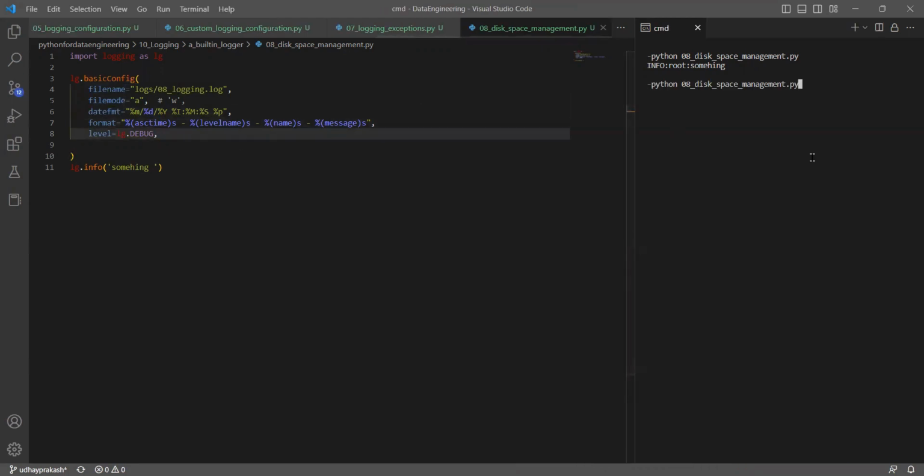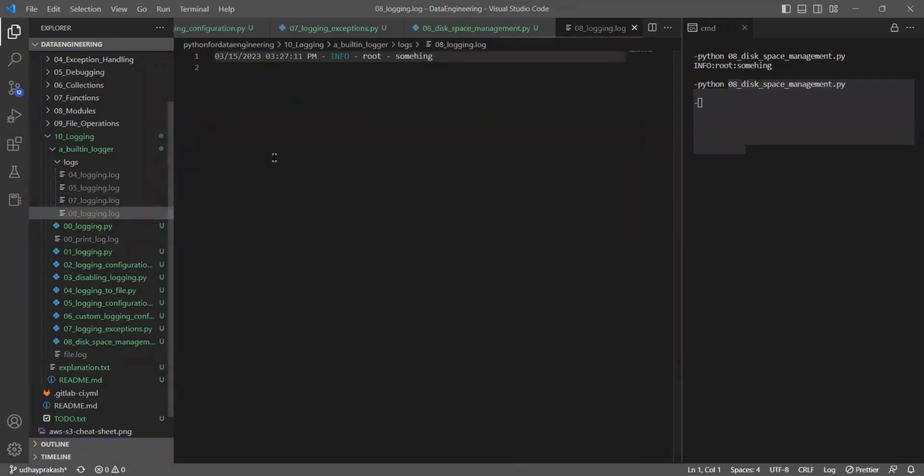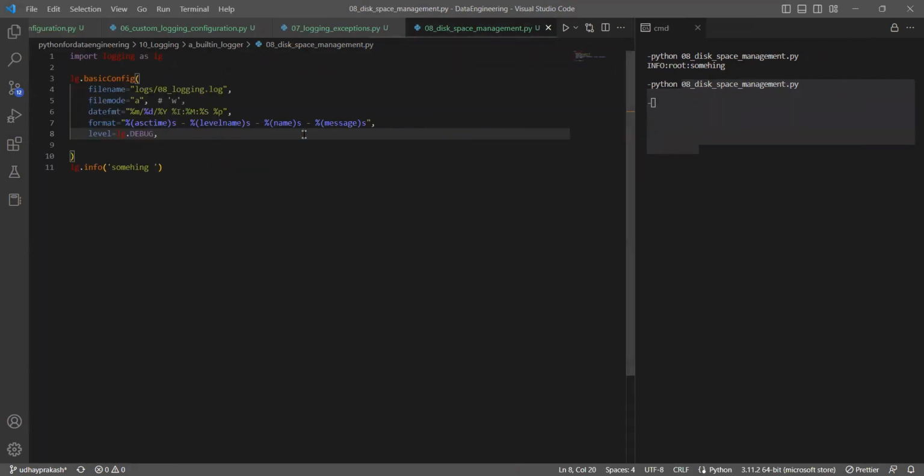If I specify all this information and run it, you can see nothing is coming in the output. The reason being, everything will go to this file. So if I go to 8 logging, you can see the output of what you have written. Going further,